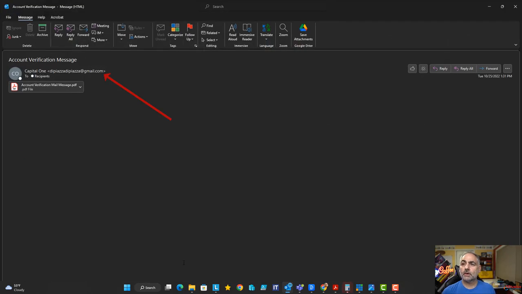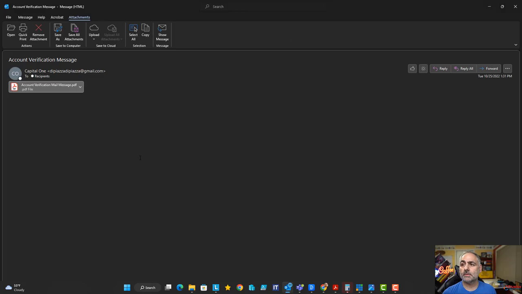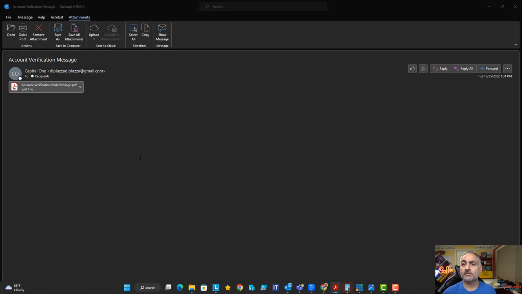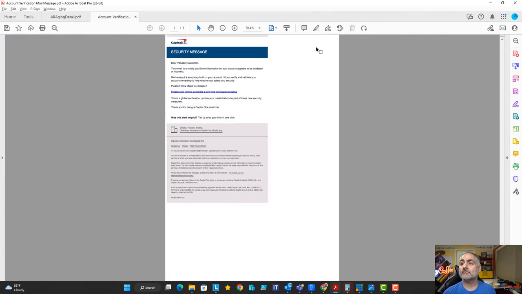Here's another one. It says it's coming from Capital One, but it's a Gmail account, so sender is bad. This has attachments, so that's A, right? Attachments we talked about. In this case, it's a PDF. We think that PDFs are safe, but they potentially can have malicious code inside it, but it also can have links to other things. In this case, we're going to open up this PDF. Don't try this at home, of course. And you'll see that the PDF will say that you have a secure message.